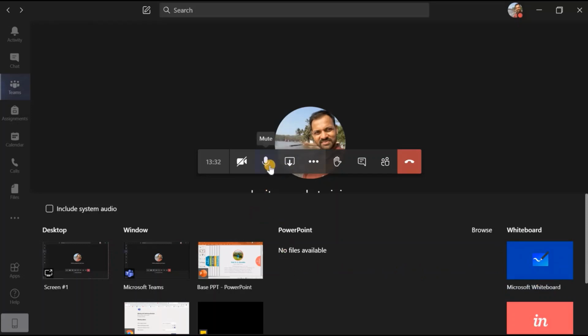Okay, beside that, this microphone function is there and video camera function is there. Here either I can turn on this microphone or turn off my microphone. If I want to speak something, definitely I have to make it on. Similarly, depending upon my internet connectivity, I can either choose to start that camera, or I can choose to close or turn off that camera.